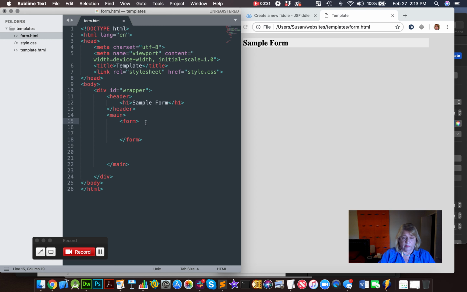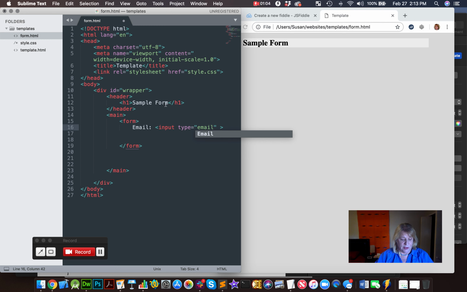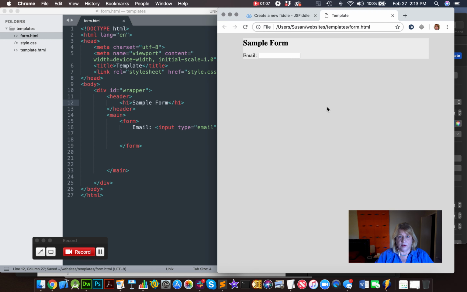Now, in a form, we have to have form fields, right? So, let's make an email field to start. And we have another HTML element called input. Let's close it to start. Now, input, though, on its own won't work. It needs to have a type. So, I'm going to fix this too so it looks more like it's supposed to look with a space. I'm going to put type equals, anyone guess this one? Email. Type equals email because I'm making an email form. I'm going to save it, refresh over here, and now I actually already have that. That's how simple it is to